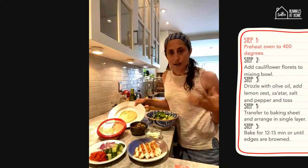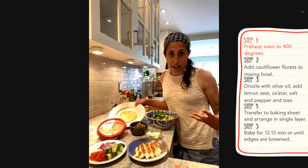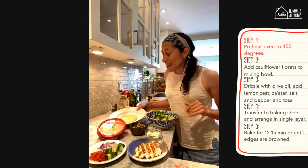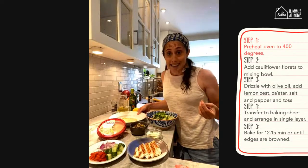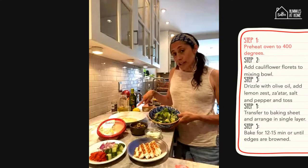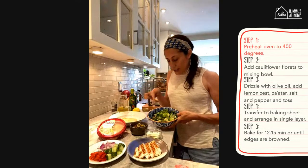Hummus is an awesome plant-based protein, so this could easily be a vegan or vegetarian dish by just excluding the chicken. It also adds this beautiful creaminess that almost acts as a salad dressing all on its own, and I love that. So we're gonna start building onto our base of hummus, and what we have here is a variety